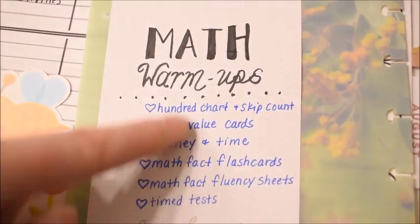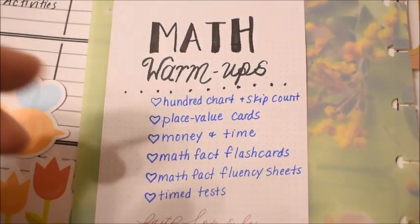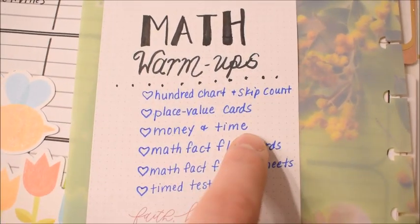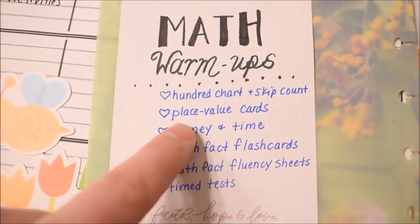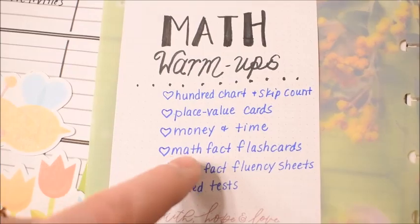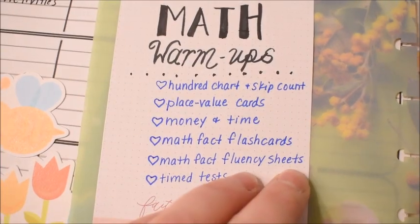Another idea, so I don't do all of these every single day. I just pick one and we do one for the day. So one day I might pull out our place value cards and do those. One day I might pull out a clock and we'll do some clock time, telling time, or I might pull out some change and we'll count money really quick before we start the math lesson. I do the same thing with math fact flashcards and our math fact fluency sheets